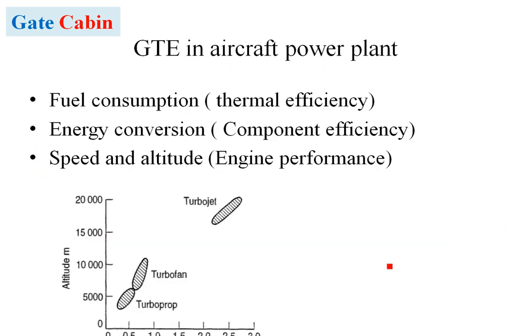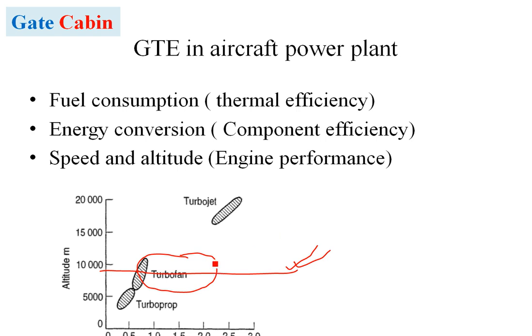Then let's say we talk about engine performance. So how do we check which kind of turbine engine we have to use for different purposes? For example, like I told you, turbofan engines are used for commercial aircraft, which generally fly at a high altitude, maybe above the clouds. The engine has to be silent and fuel efficient. So these are the certain criteria which make the turbofan most useful for commercial aeroplanes.